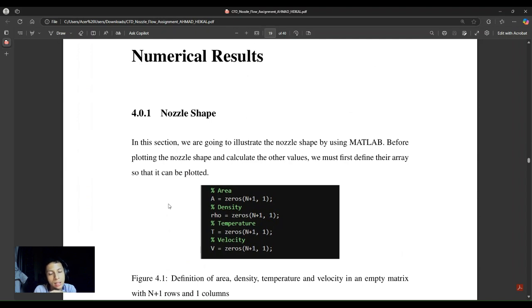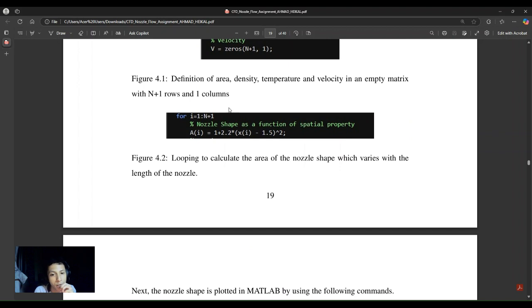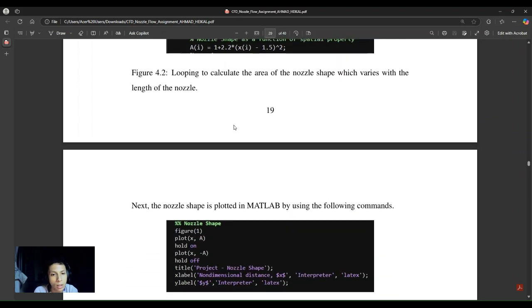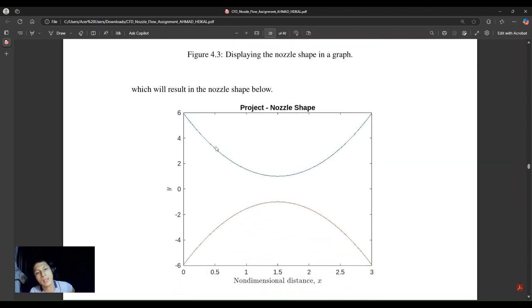Before that, let's consider the nozzle shape. I plotted the nozzle shape by using a pen, where I use the matrix for the area, density, temperature, and velocity, and I also calculate the nozzle shape as a function of spatial property. And then I plot the nozzle shape by using MATLAB, and this is somehow what the nozzle